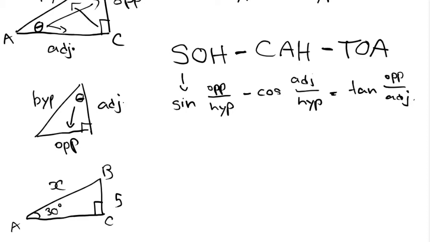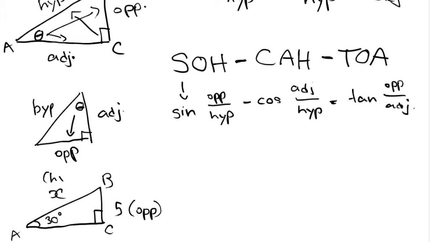Well, this might seem like a shock to you, but it's actually really self-explanatory if you use the trigonometric ratios. Remember when I mentioned that SOH is sine, opposite over hypotenuse? Well, if you look at this, the two sides you have are 5 and x, and 5 is the opposite side of this triangle and x is the hypotenuse, right? So right now if we do sine